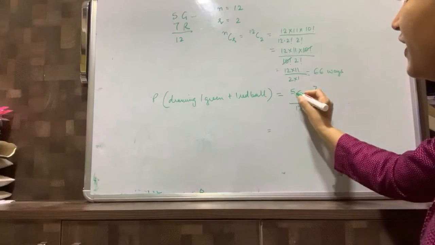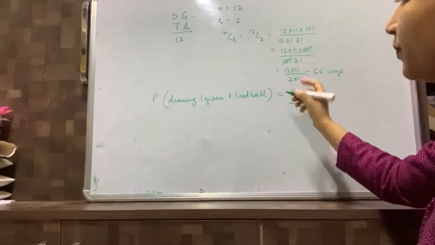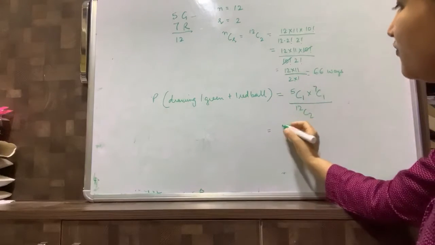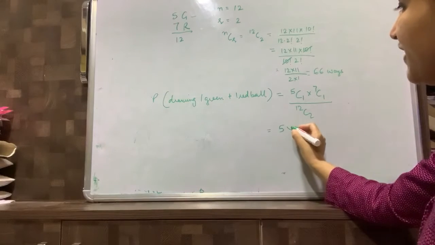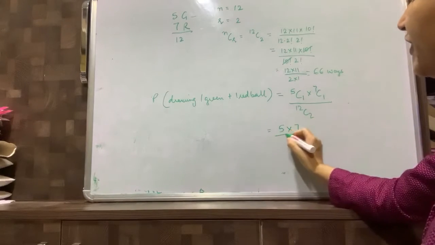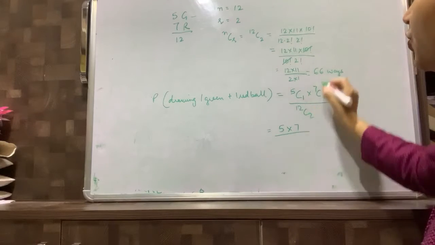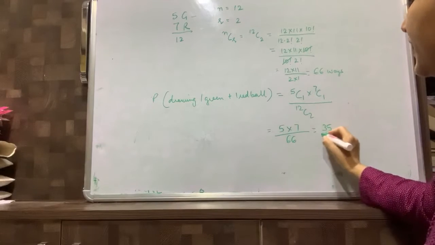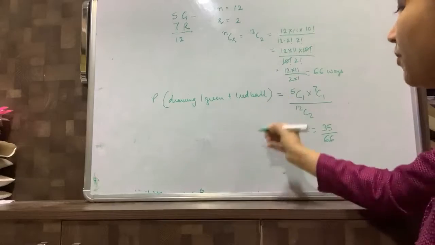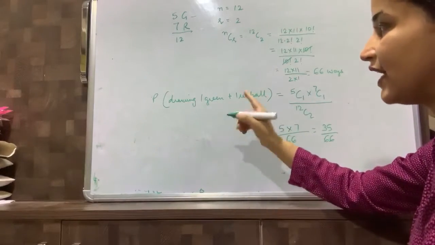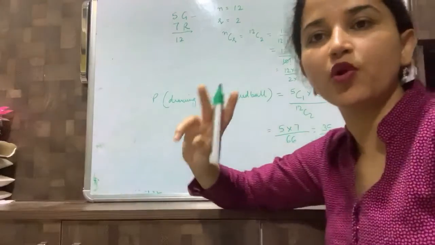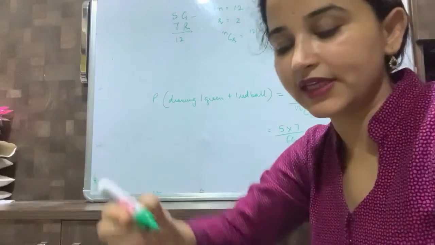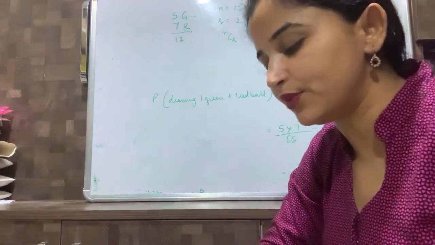Now in the numerator we have 5C1. So 1 means we have to open only till 1 factor, that is 5, and in the denominator 1 will come. So therefore 5C1 is 5 only. And 7C1 is 7 only. So we have 5 into 7 divided by 12C2 we have already calculated, that is 66. So we have 35 divided by 66. That is the probability of getting 1 green and 1 red ball when we draw 2 balls out of a bag which contains 5 green and 7 red balls, right. So let us have another example here.